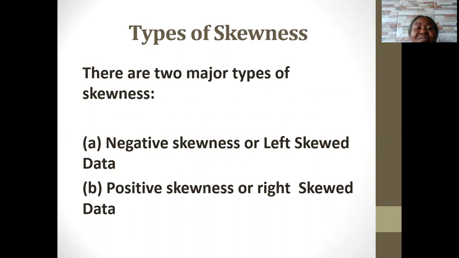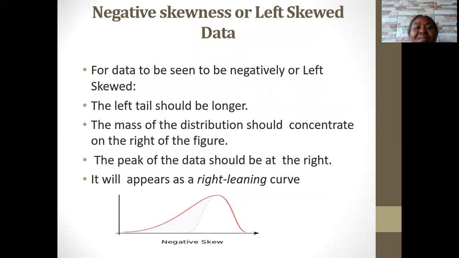Types of skewness. There are two major types of skewness. You have negative skewness or left skewed data, and you also have positive skewness or right skewed data. Negative skewness or left skewed data. For data to be seen to be negatively skewed or left skewed,